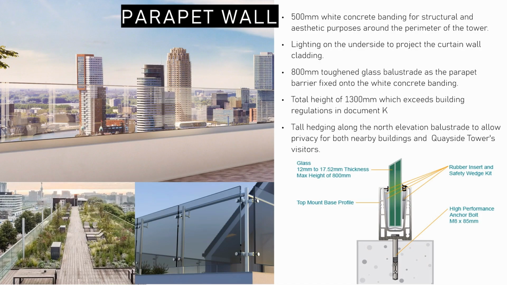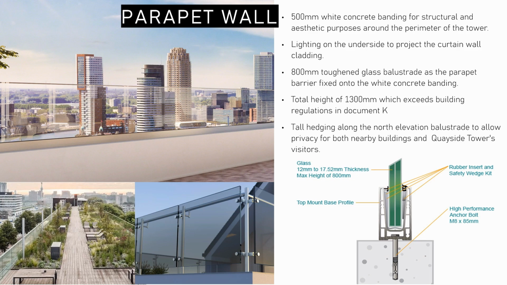Along the perimeter of the rooftop will be a 500 mm concrete banding. White cement will be used in the concrete mix to enhance the modern aesthetic of Quayside Tower. The banding will hold a glass parapet barrier and will also define the edging of the curtain wall cladding system, and will hold strip lighting on the underside lip of the banding to portray decorative cladding. This will not be confused with the lightning strip that is along the parapet concrete wall to protect the building